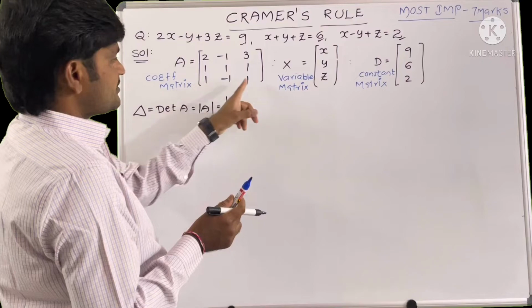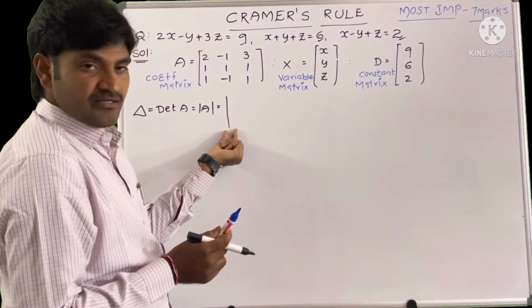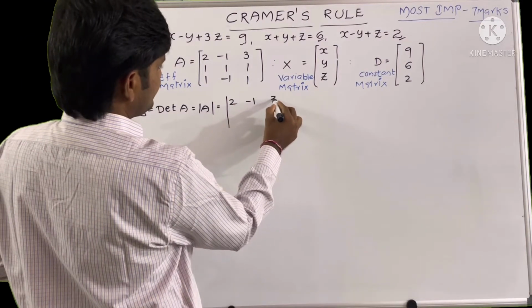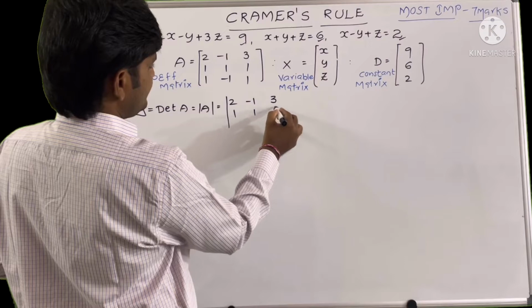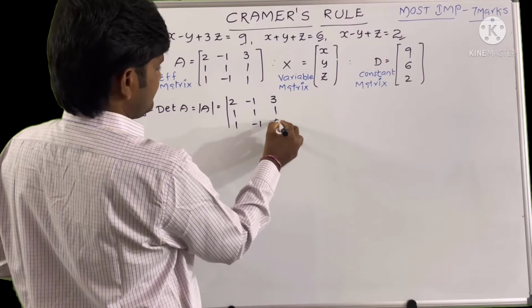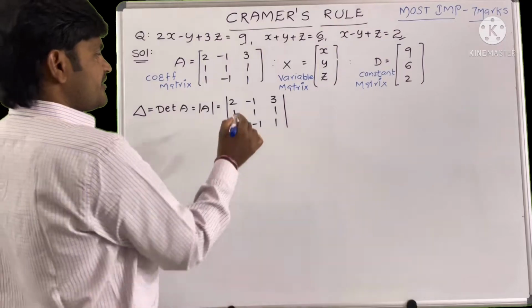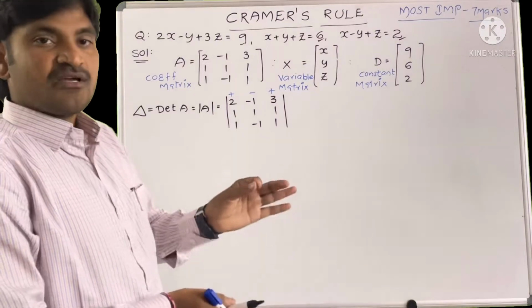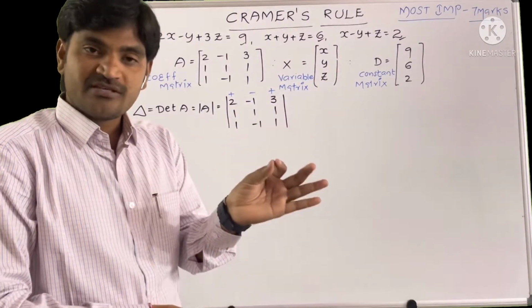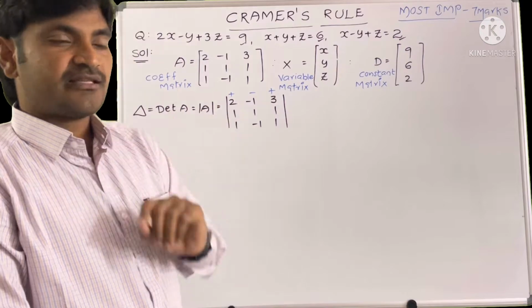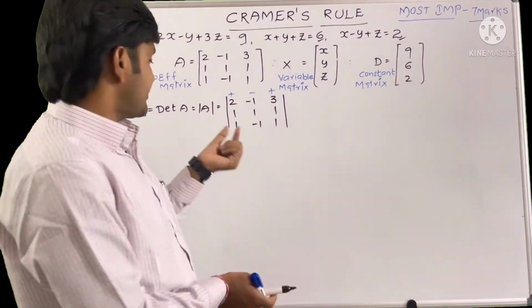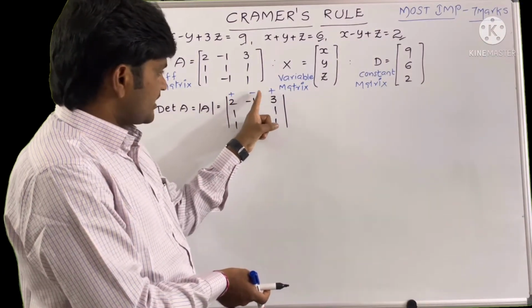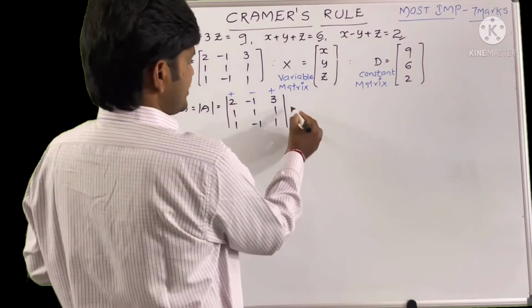So this is the matrix symbol. This is the determinant symbol. So right, start. The numbers are 2, -1, 3, 1, 1, 1, 1, -1, 1. So already we learned this concept in the previous problems, matrices basics part 1, part 2. You listen to them. So how to expand a determinant of a value. First of all we write plus, minus, plus symbols. After that the expansion is